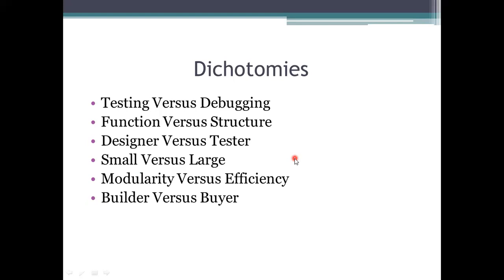So coming to the next topic, which has the dichotomies. Dichotomy means providing contrasting behavior. If you see, these six are being considered as the dichotomies here. Why are they considered dichotomies? When we think of these six things laid on the left and the right side of this versus, we might assume they have an equal part and do the same work, but not like that.